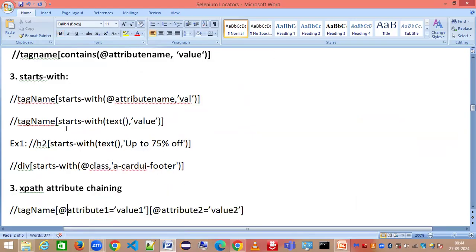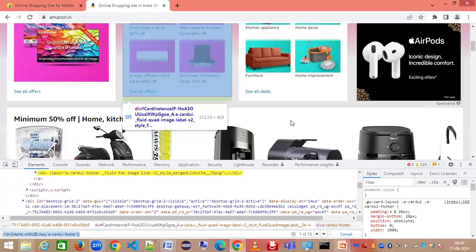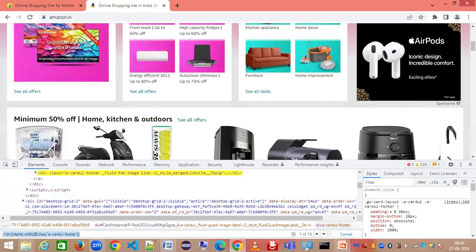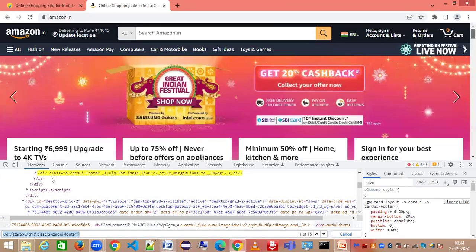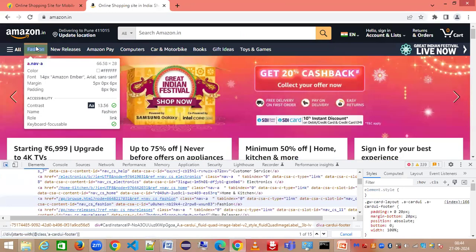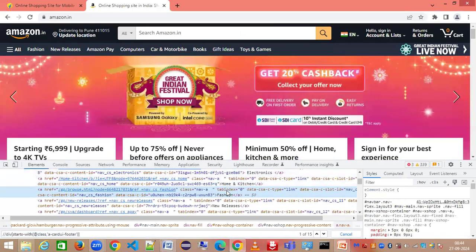And now we look at the fourth type, which is XPath chaining, and it's a very simple one. Let's say that you have multiple types of attributes and you want to identify an element using multiple attributes. So let's say fashion, for example. Here you have got class. You also have href, right? You also have text. But for now, I'm going for href and class, let's say. So you can do one thing. Copy this,